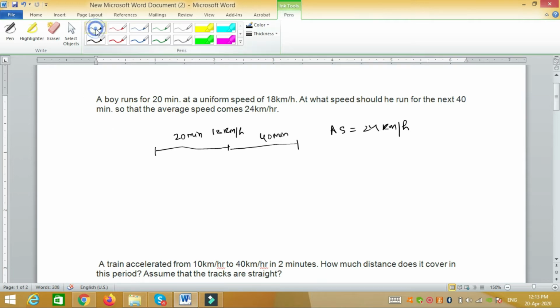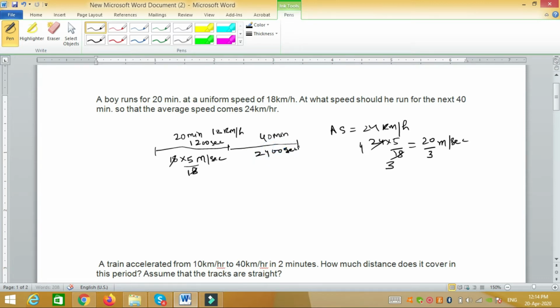So we'll do this: 18 km/h for the first part. We convert it into meter per second by simply multiplying by 5 by 18. So this would be 5 meter per second, and this 24 km/h also we convert into meter per second. 6 4s are 24, 6 3s are 18, so this is 20 by 3 meter per second. Now we want time in seconds also, so this 20 minutes we convert into 1200 seconds by multiplying by 60, and this 40 into 60 is 2400